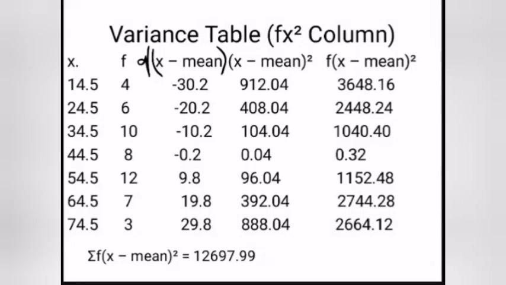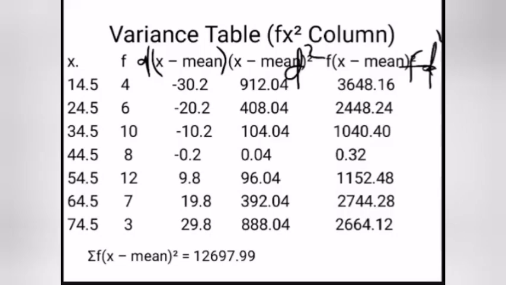So you can have this as d squared. You can have this as fd squared. So for you to find your mean using assumed mean,